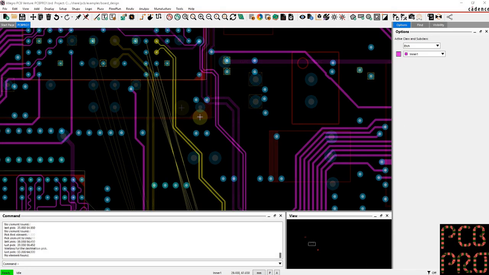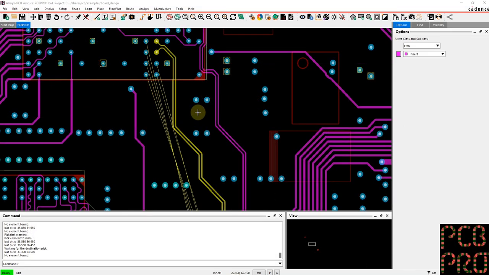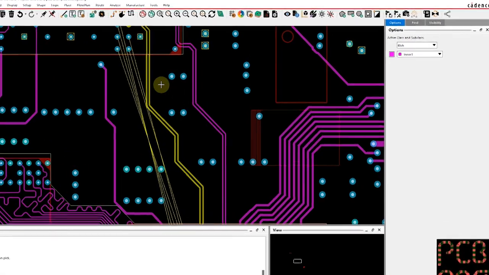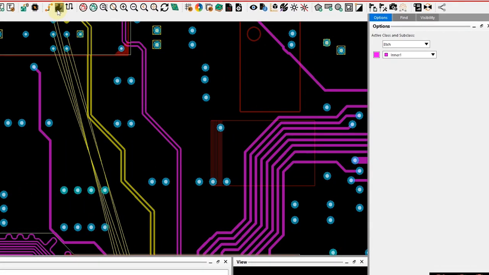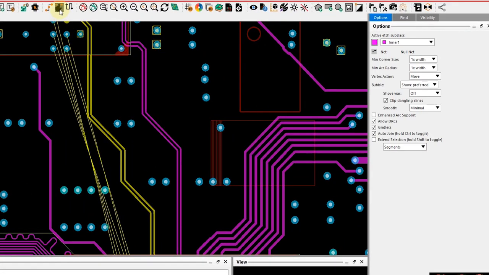Now, routing is more of an art rather than a science, so there's really no procedures one can follow to have a complete, effectively routed board. It's a bit of an iterative process, and many times you'll actually have to move some of these traces around. So a quick and easy way to do that is by using the slide feature. And you'll note that once it's activated, I have a number of options that I can tweak in my options pane here. Let's keep it at default, or rather, let's confirm that our bubble is set to be shove preferred,